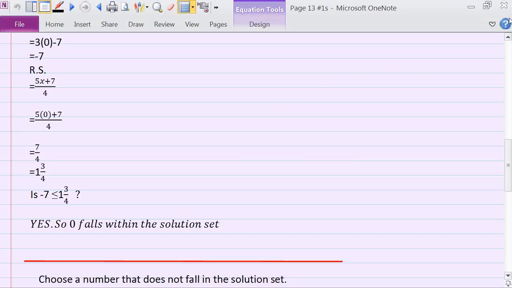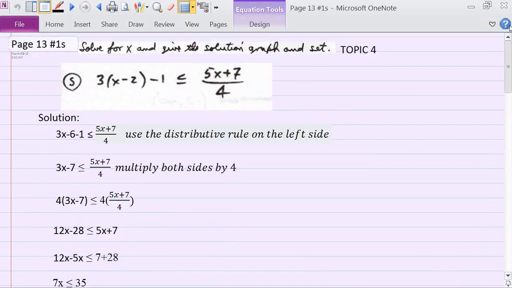So that completes page 13, and the next segment will